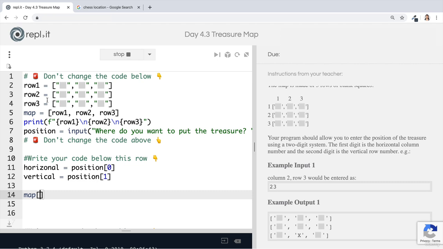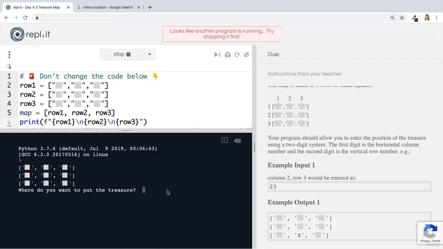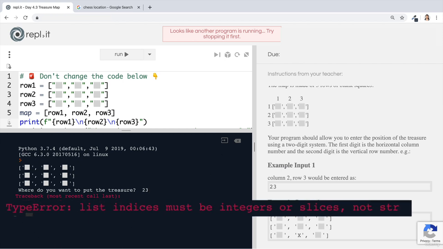Now, remember that this is the vertical position. So this is the one that we're going to be getting hold of. Or in this example, it would be the number 3. Right? So we could say map passing in the vertical position. But there's just one problem, and I'll show you if I go ahead and print this map at the position vertical. Let's put in the example number, which is 2, 3, and you'll see that the problem is that list